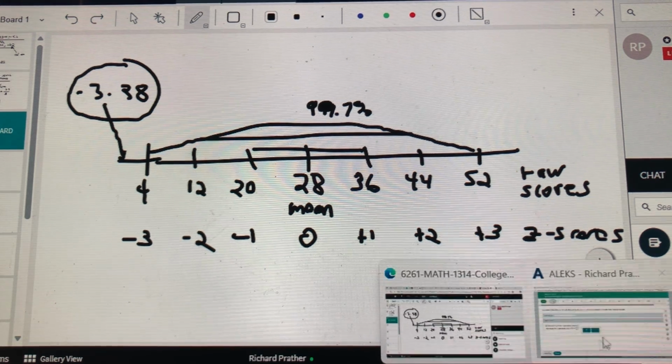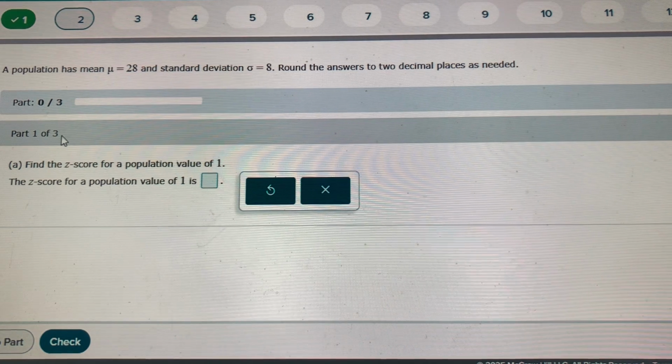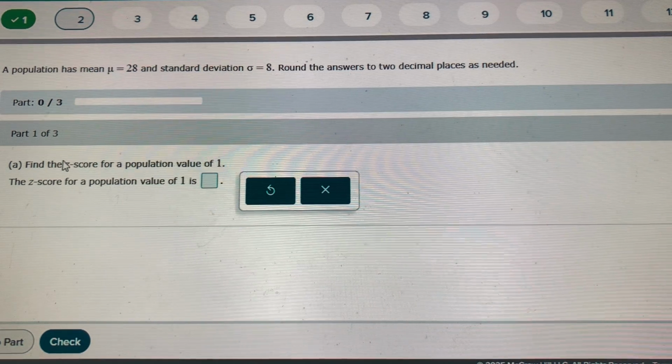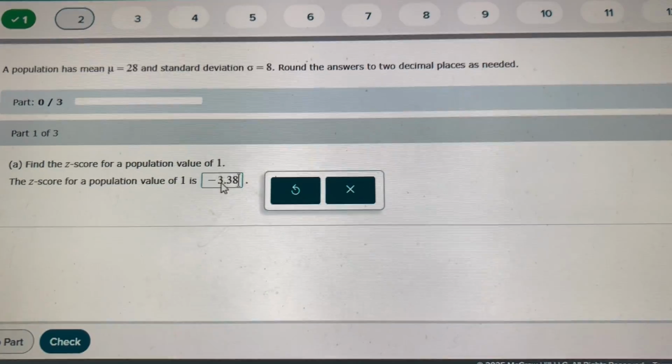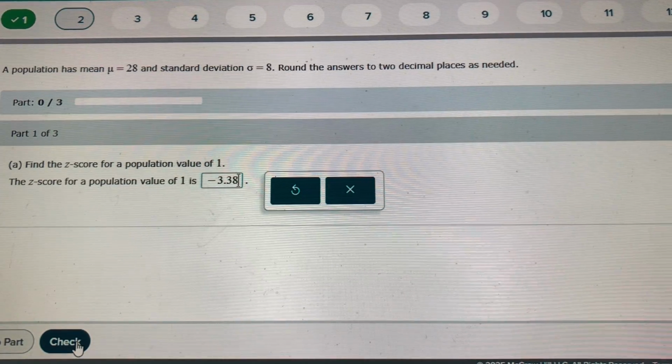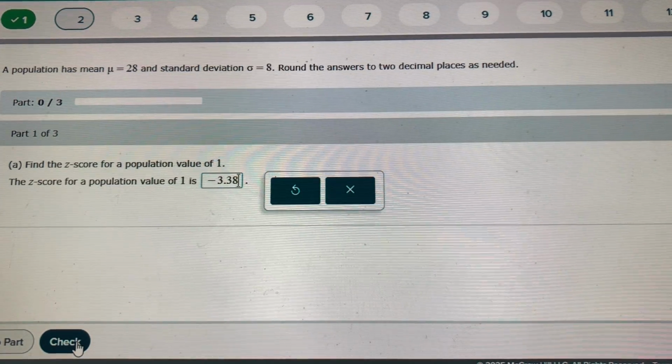This was just about calculating it though, but see how there's 3 parts. They may make me do this twice, but there may be a third question about, are any of these unusual or anything like that? This is very unusual. Oh, I was going to say something I couldn't think of for a second, but z-scores can